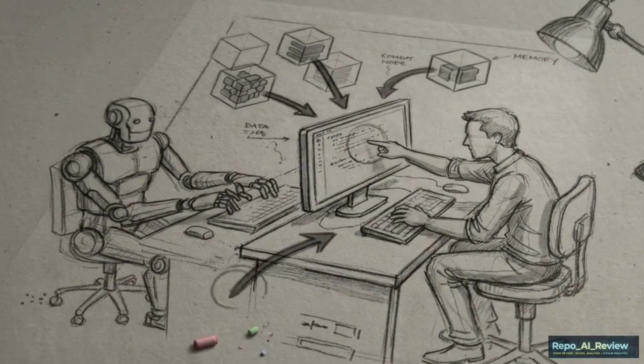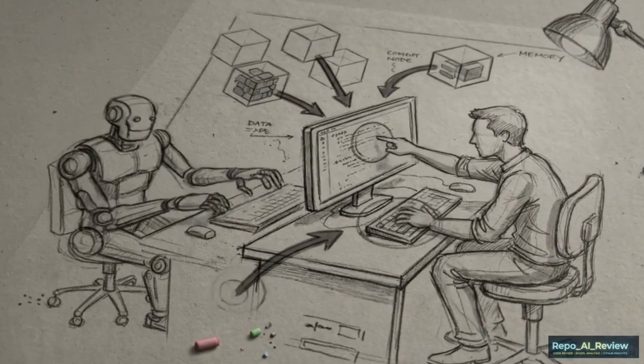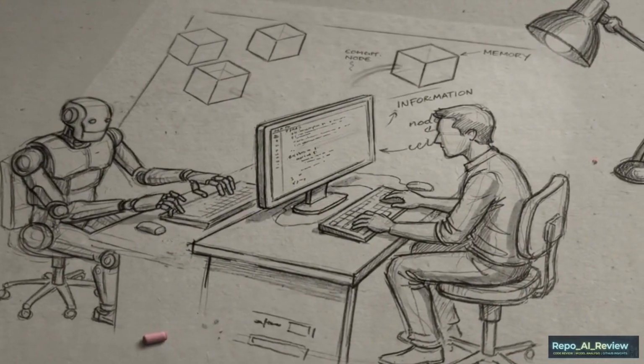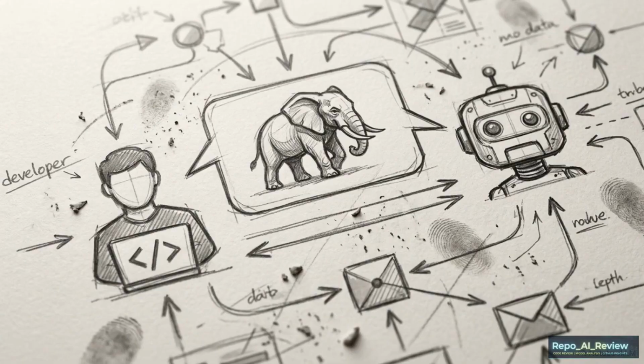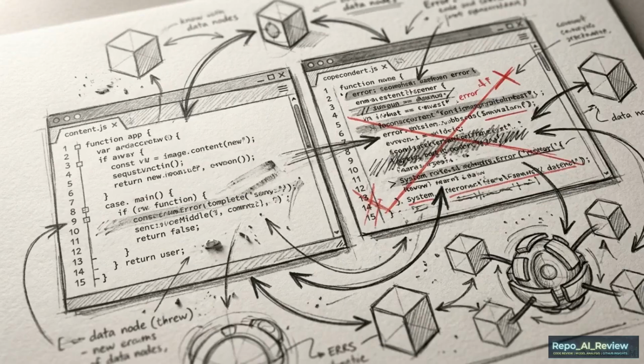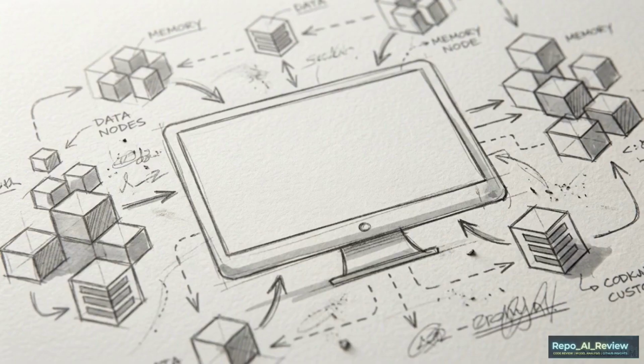If you use AI coding agents, you likely spend the first 5 minutes of every session acting as a tour guide for your own codebase. You have to remind the agent that you're using Postgres for the database, JWT for authentication, and Jose for middleware. Whether you are starting a new feature or tracking down a bug, the moment you close the terminal, the AI's